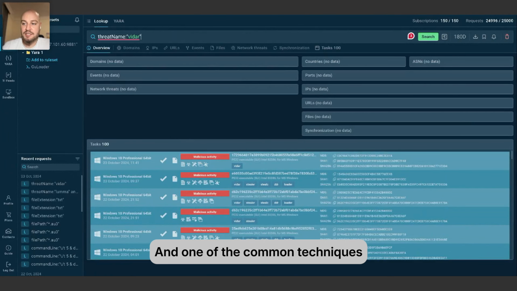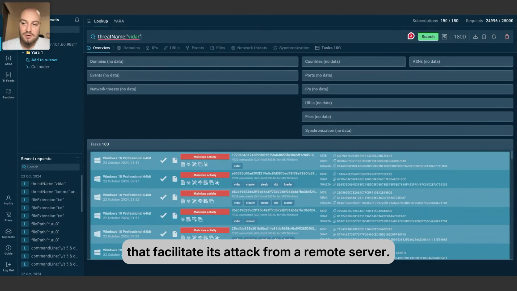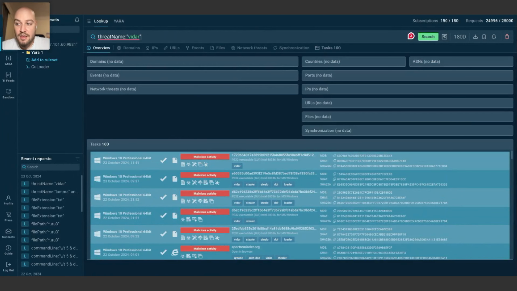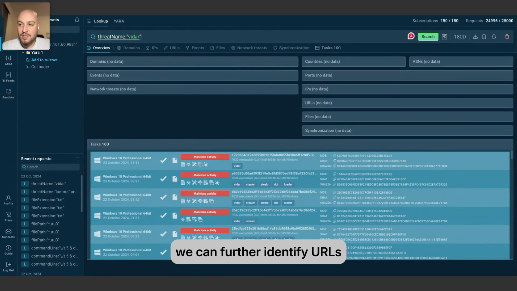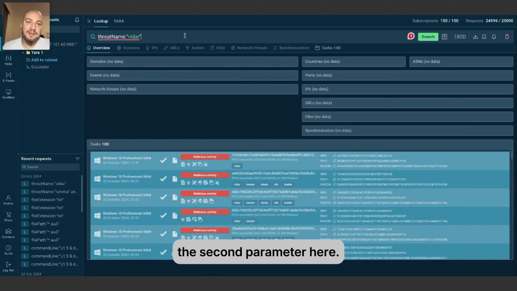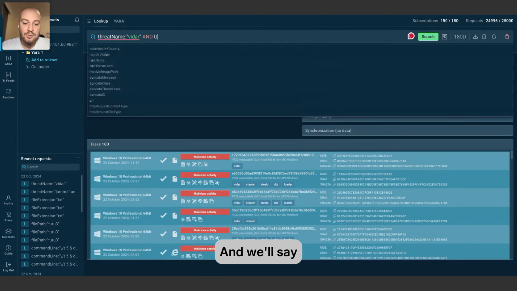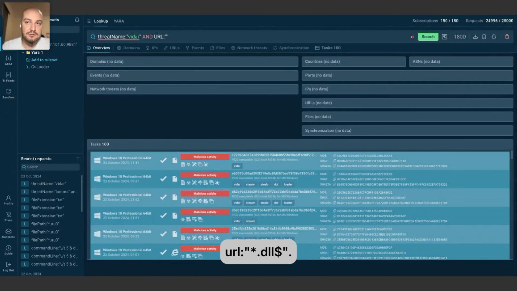And one of the common techniques used by Vidar is fetching DLL files, actually, that facilitate its attack from a remote server. With Threat Intelligence Lookup, we can further identify URLs used for hosting such DLLs, as well as the names of these DLLs by simply adding the second parameter here. And to do this, we'll say URL